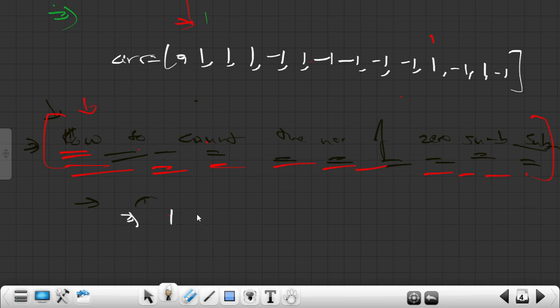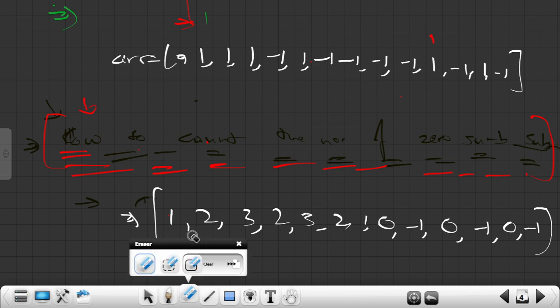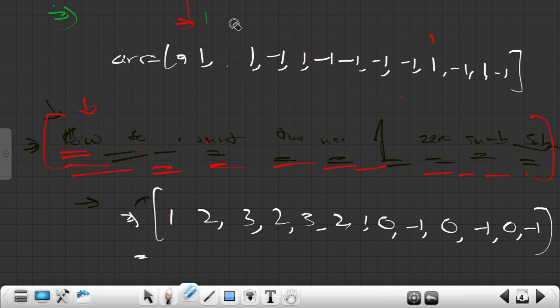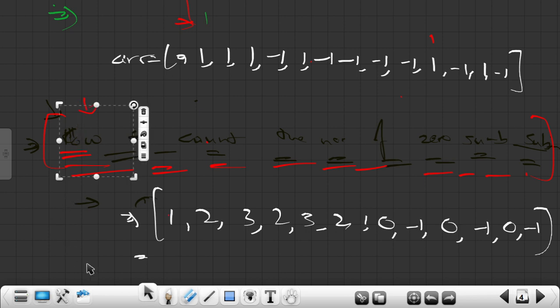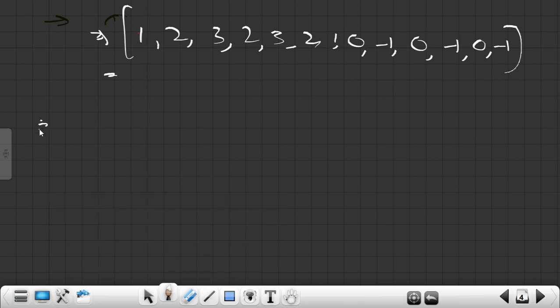Now again write the prefix sum array for this. First of all I have 1, then 2, then 3, then 2, then 3 again, then 2, 1 and 0. Then I have -1, then 0 again, then -1 and 0 again, then -1. Okay, fine. Now for this array I want you to notice one thing, that whenever I have a repeating sum,